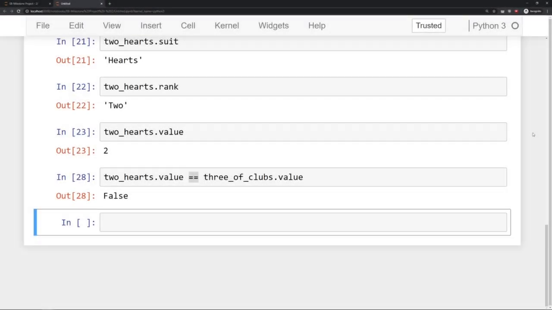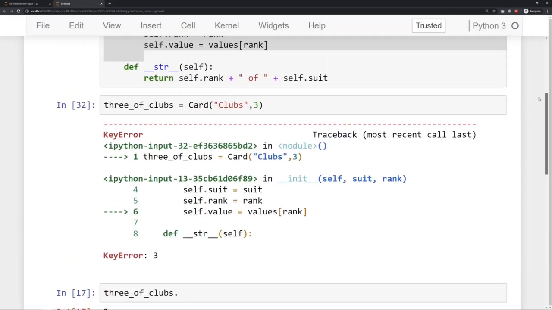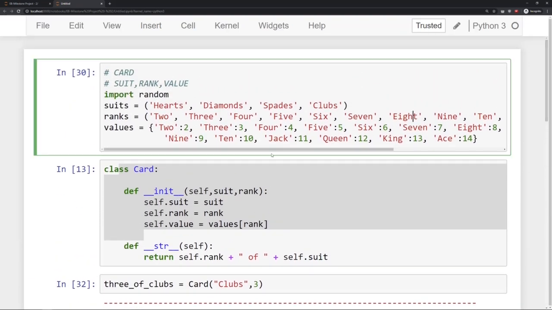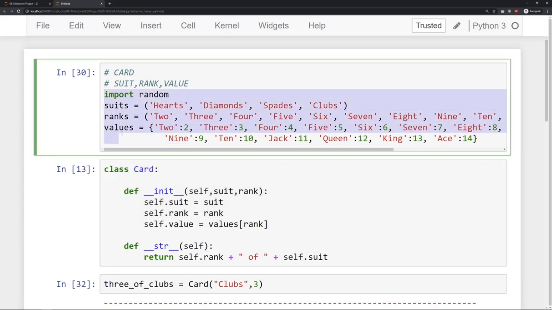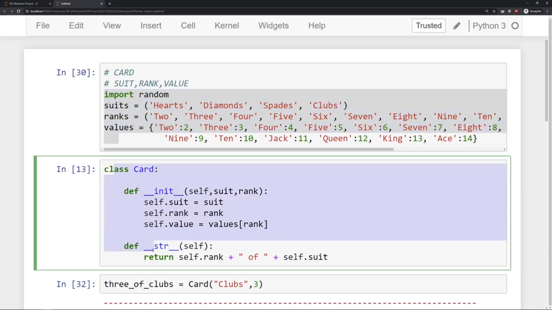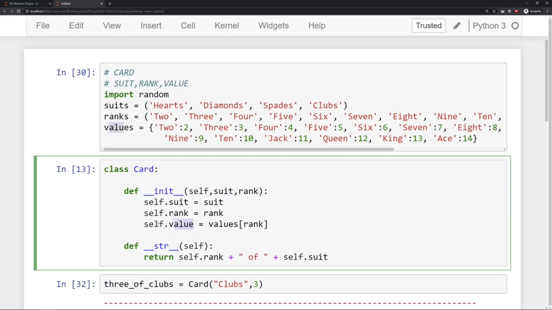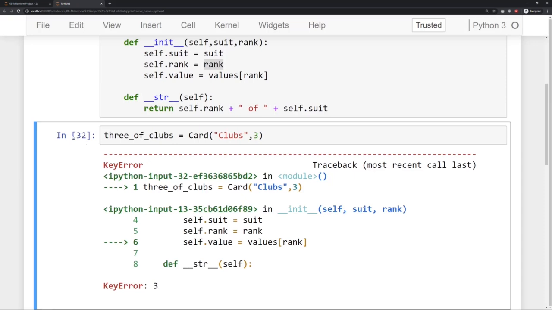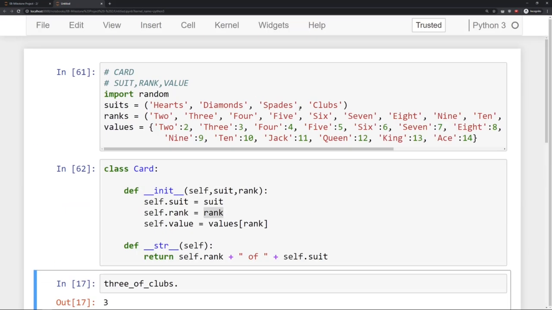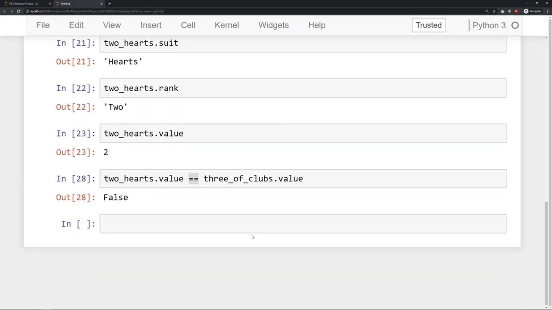Okay, here I am back at my notebook. What I want to point out is at the top of this notebook, if we scroll all the way to the top, recall that we imported random, and then we also have the suits and possible ranks and the corresponding values dictionary here. So if you want to follow along with me, you should have these 4 lines ready to go, as well as our updated instance of the card class that has the suit and rank, and then uses this values dictionary to look up the value based off the provided rank. So let's go ahead and rerun these just to make sure we have them ready to go. We can delete that purpose error that we saw in the previous lecture,